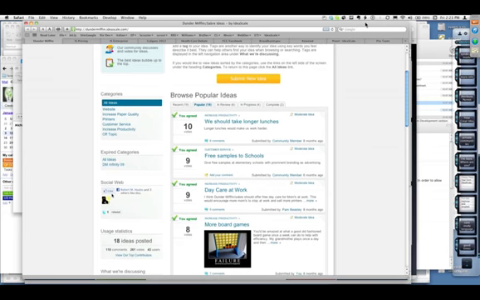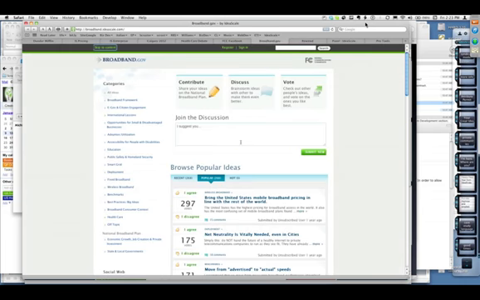We have social integrations, Facebook like button. We have a Facebook app that I can show you. We also have a Twitter integration. The Facebook app, here's the broadband.gov